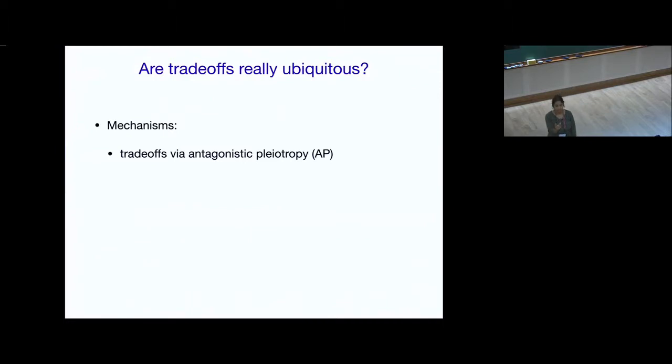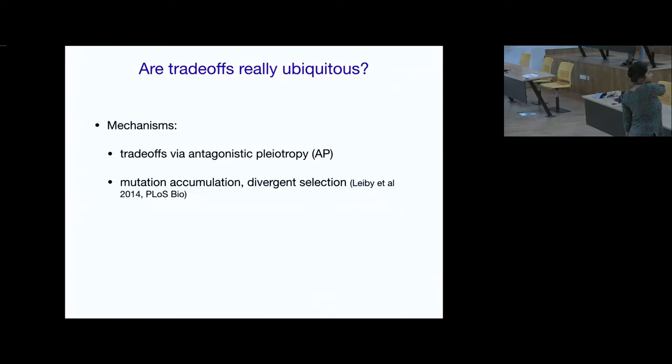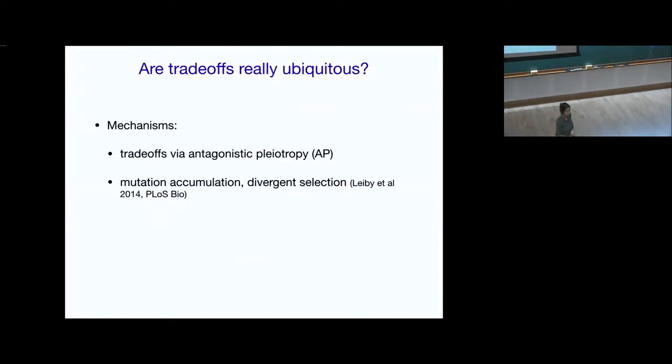And what that means is a single mutation may improve function with respect to one trait and decrease function with respect to another trait, right? And so at the very core, that might be one function that might lead to trade-offs. Other possible reasons for finding trade-offs are mutation accumulation or divergence selection. So for example, you accumulate lots of mutations under strong selection for one trait or one environment. And as a result, because there's weak selection on other traits, you accumulate a lot of mutations in other traits. And because we expect most mutations to be deleterious in most populations, all of those are going to end up being deleterious for some trait or the other.